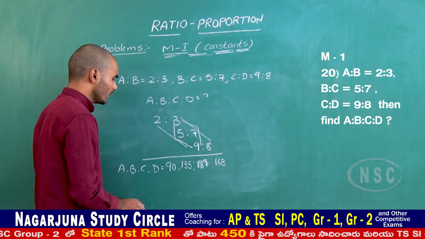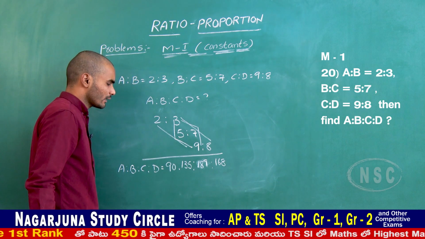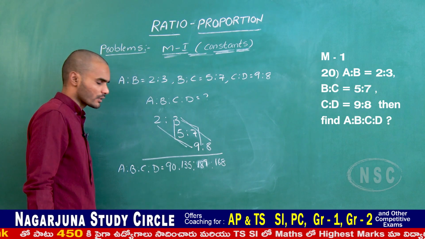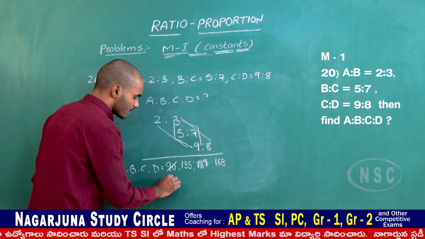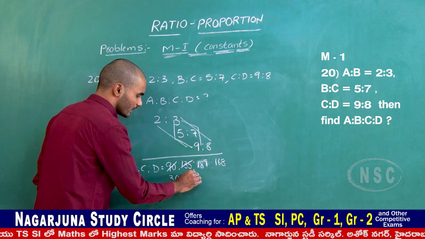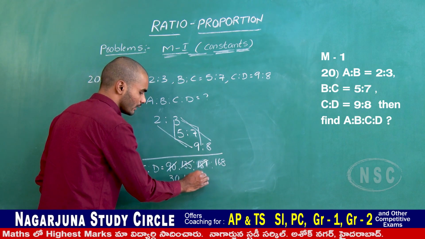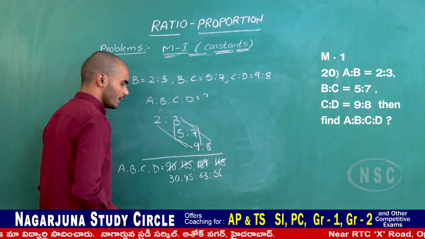Finally, this is not a ratio in least terms because these are the largest terms. We want to show it in least terms. So 3 is the common factor, so cancel it. 3 thirties are 90, 3 fours are 12, 3 fives are 15, 3 sixes are 18, 3 threes are 9, 3 fives are 15, 3 sixes are 18.